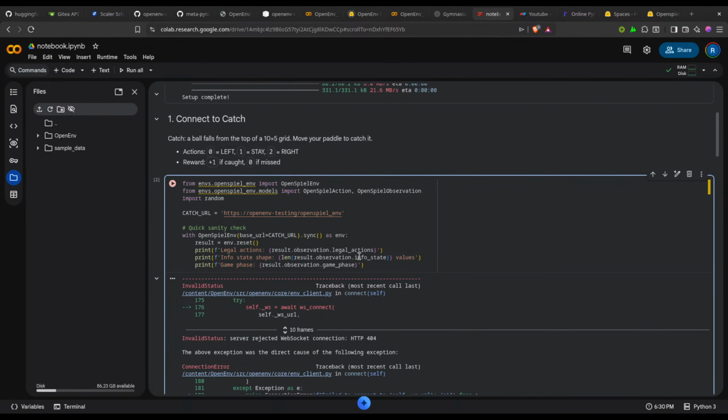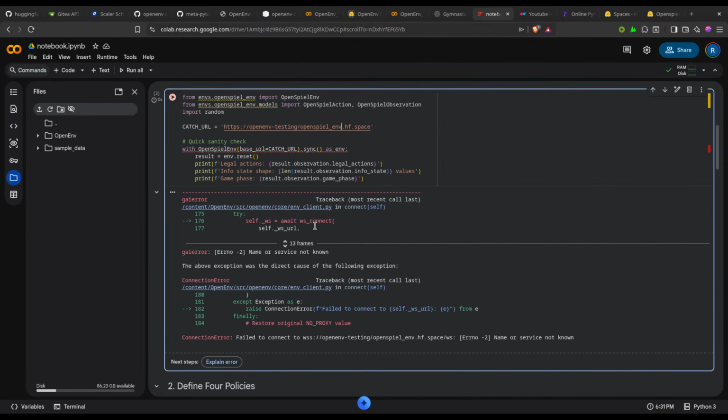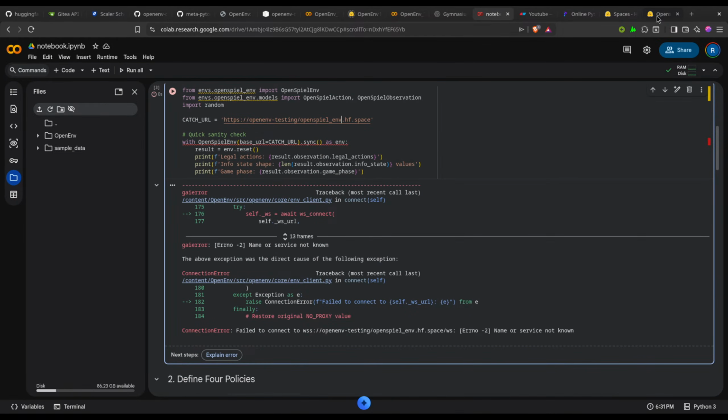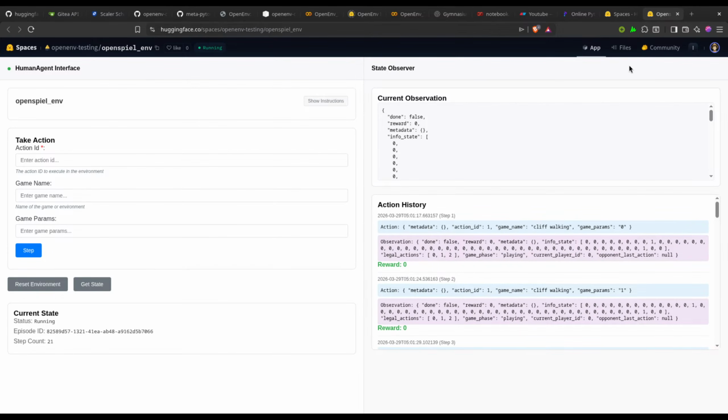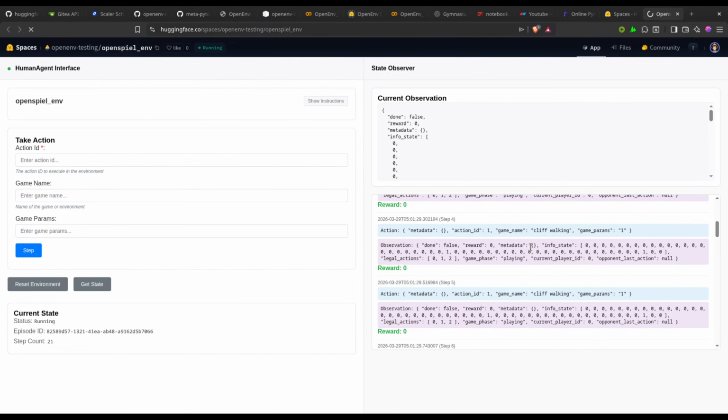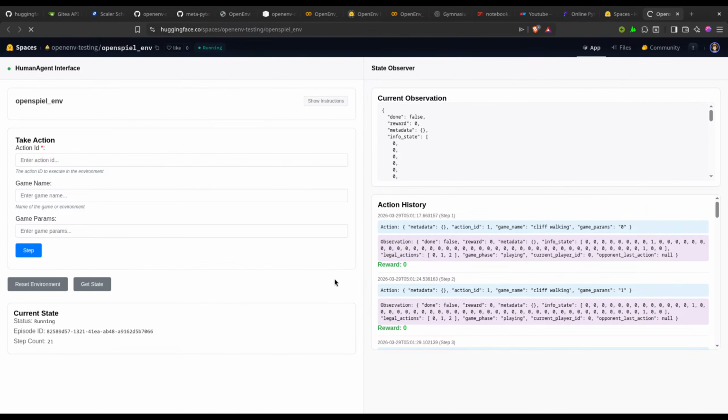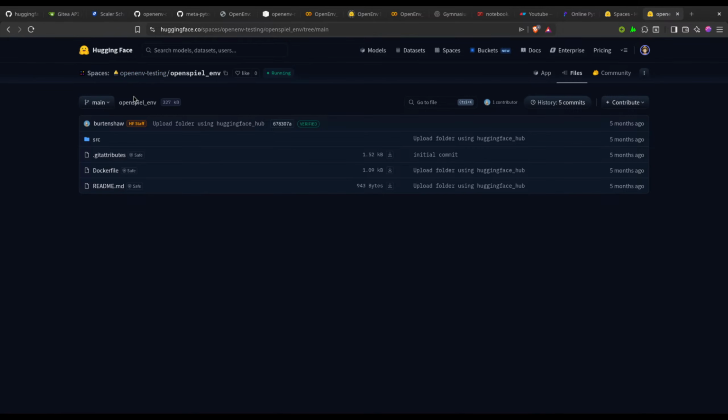Let's try to replace it by this URL. We are not able to connect it with this. Do they have the WebSockets? I think they have created it in a different way, or we are doing it the wrong way.